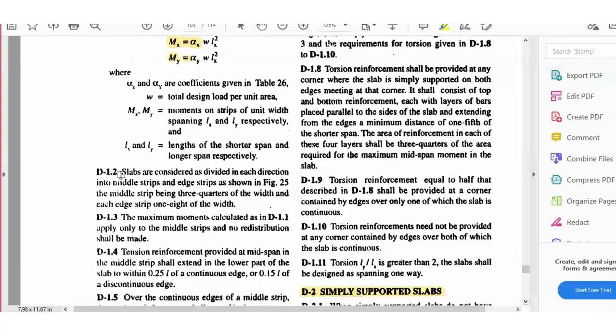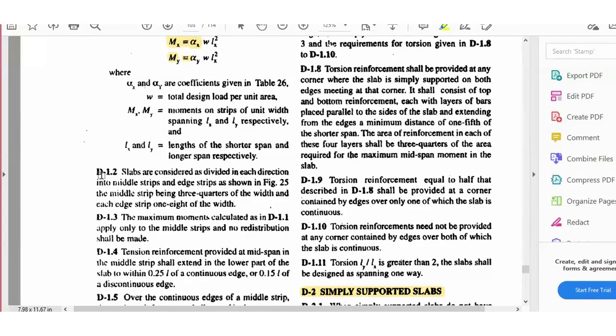If you read this, it is saying slabs are considered as divided in each direction into middle strip and edge strip. The middle strip being 3/4 of the width and each edge strip 1/8 of the width. So basically D1.2, D1.3, D1.4, D1.5, when you read this, it is actually trying to talk about how you should place your reinforcement.